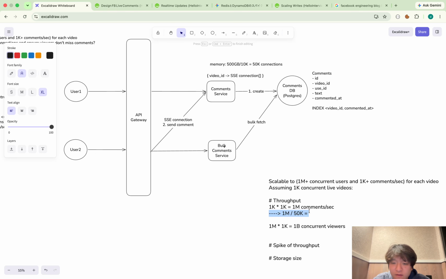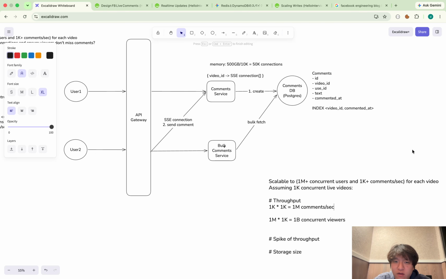Okay, so let me first talk about the concurrent WebSocket connections. There should be 1 billion concurrent viewers, and each server can hold 50K connections. Is this correct? Let me check. 50 gigabytes. No, I think this is